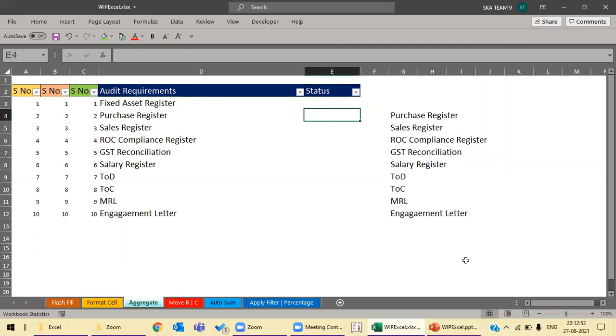Suppose the purchase register has been received, the GST reconciliation has been received, and the MRL and engagement letter were provided last year, so they are not required in the current audit engagement.